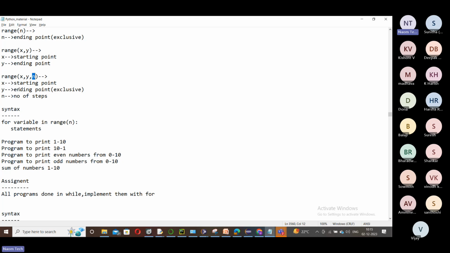X and Y are the start point and end point. It can be anything, in ascending form or descending form. It can be 10 to 1 or 1 to 10. It's up to you. And N means the step statement. Step statement means either you go in the positive direction or the negative direction. Positive direction is incrementation, negative direction is decrementation. Is that clear for all of you, friends? When I say it like this, it will be a little confusing, but when you see a small example, you will feel this is so simple. That's all, friends. So what shall we do now?